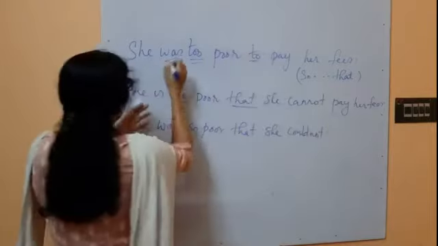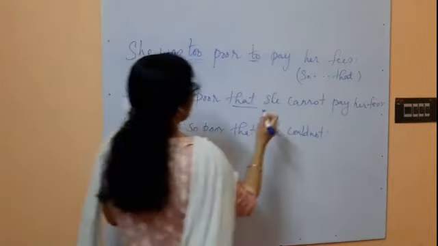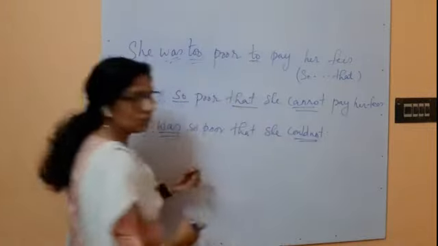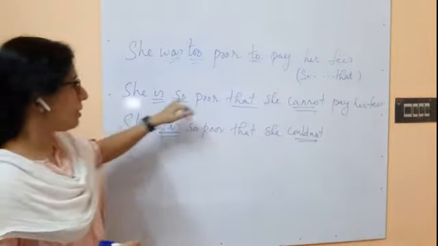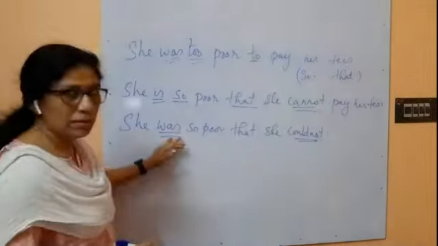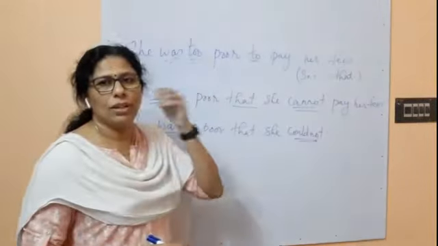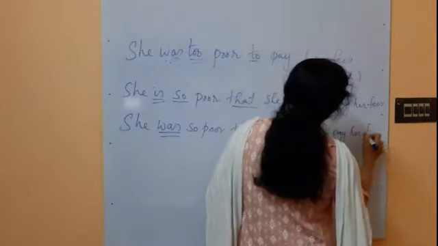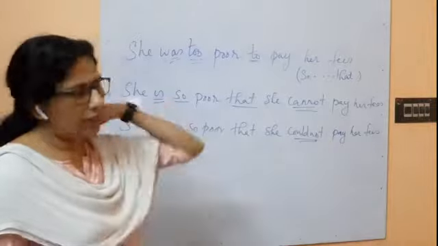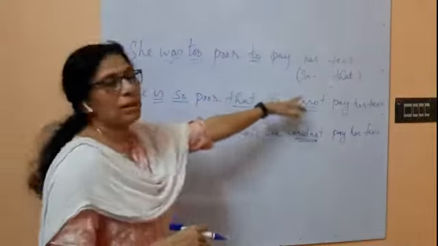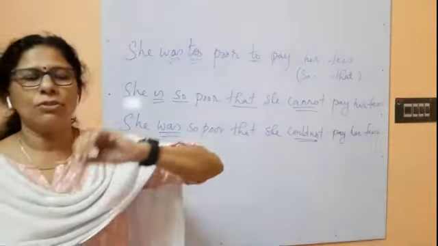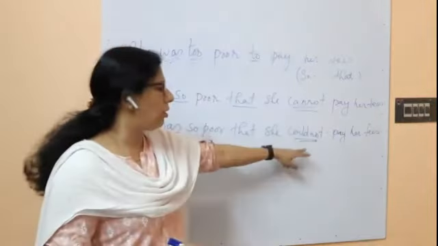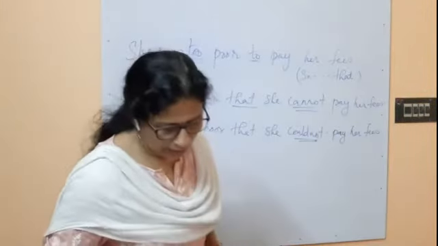So two changes you have to make. If it is present tense, here of course the same "is," and here "cannot." And if it is past tense, "was" and "could not." Also keep this in mind. If it is present tense, cannot. If it is past tense, the same past tense you have to use in the beginning, and also here instead of cannot, it will be could not. She was so poor that she could not pay her fees. Hope this is clear to all of you. Okay, so when you are replacing "too... to" with "so... that," the main thing that you have to remember is that one part always will be negative, and according to the tense you have to use cannot or could not. Understood? Okay, and next one,